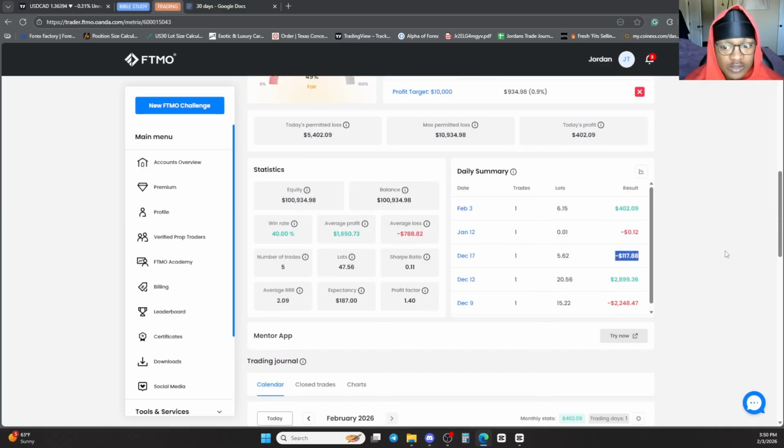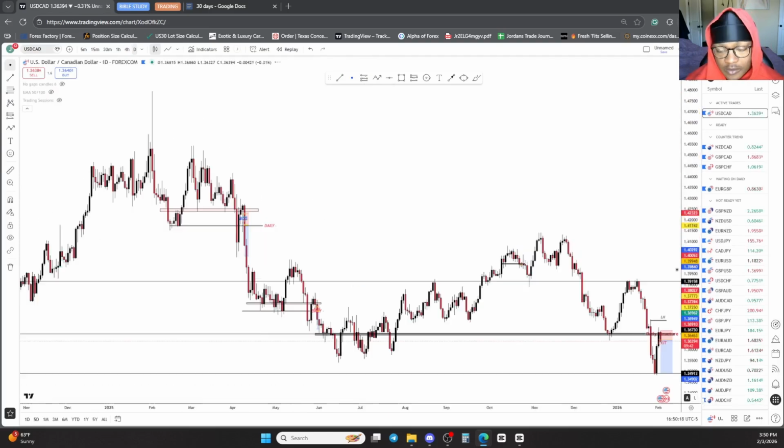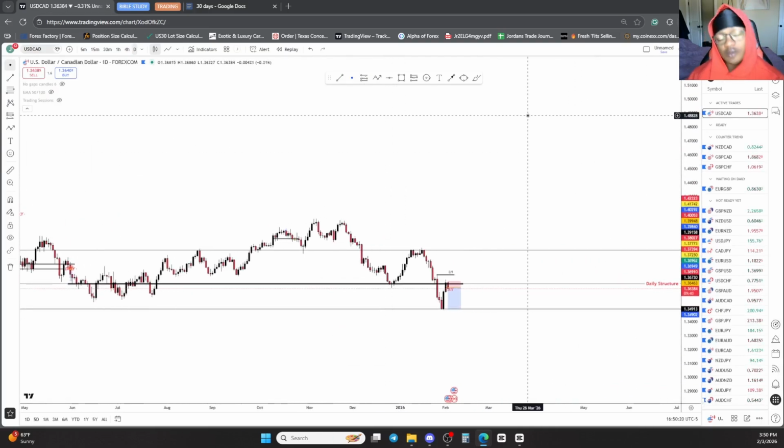Price ended up going against us anyway. Again, being correct about that decision. We closed out of this one, which we're about to break down why. So, daily time frame, y'all know this trade is money. As simple as day, there's nothing more to say. This trade is absolutely money.